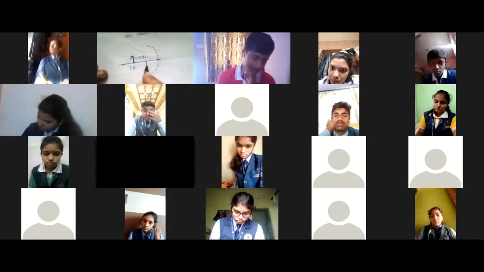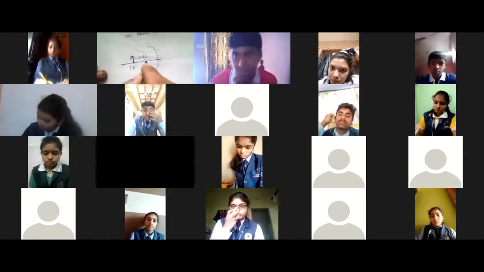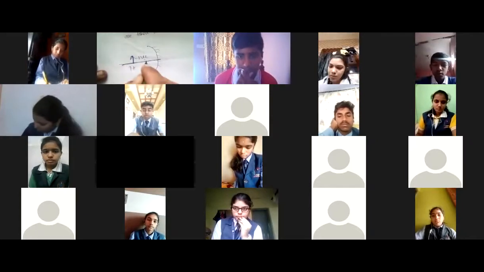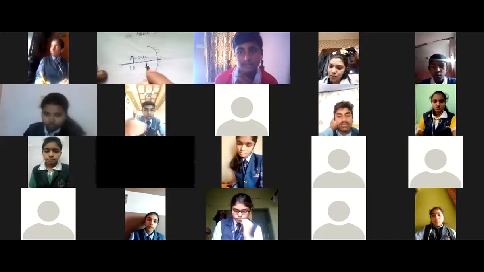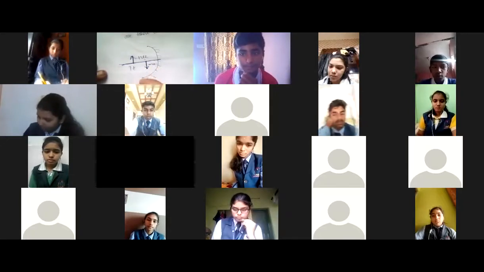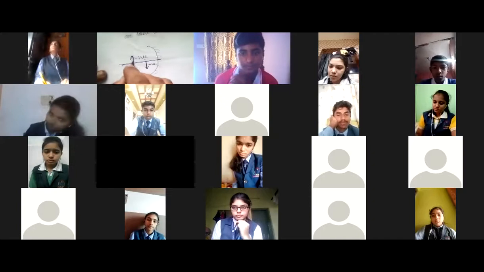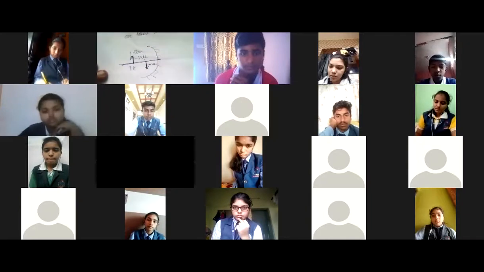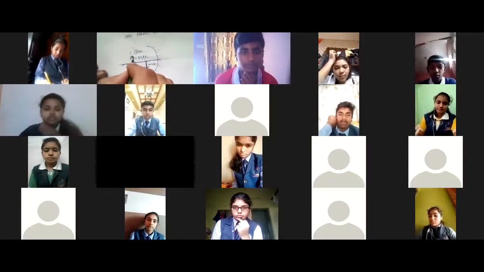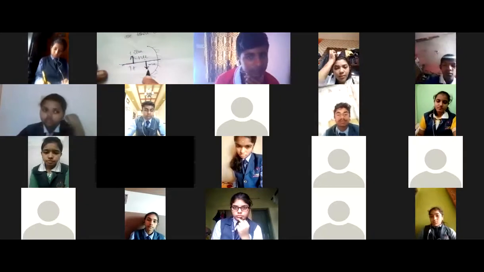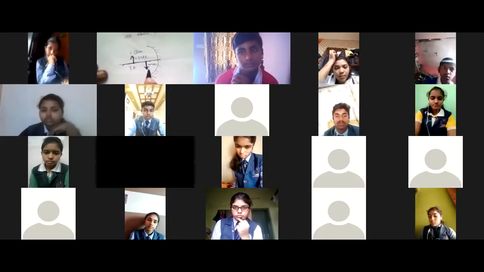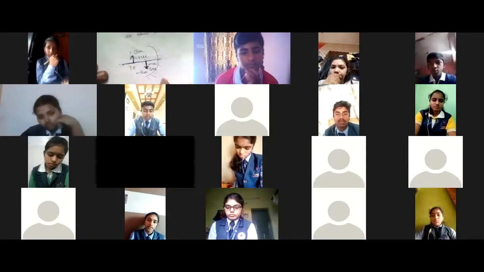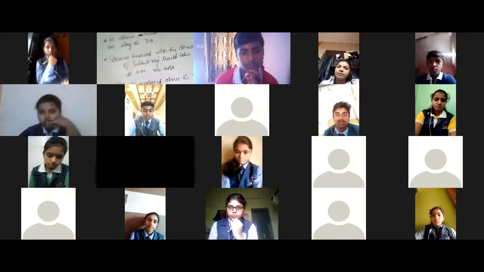Now, if there's some image like this, and I want to measure this height, but this height is lying below the principal axis, this height should be taken as negative. If you take a scale and measure this one, suppose you get 3 centimeter. You should take this 3 centimeter as plus 3 centimeter. But the same thing lies in this direction, below the principal axis. This is also 3 centimeter, but you should take it as minus 3 centimeter. These are the 3 sign convention rules of mirror.